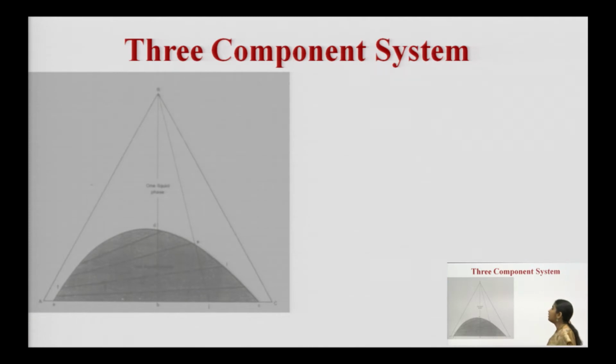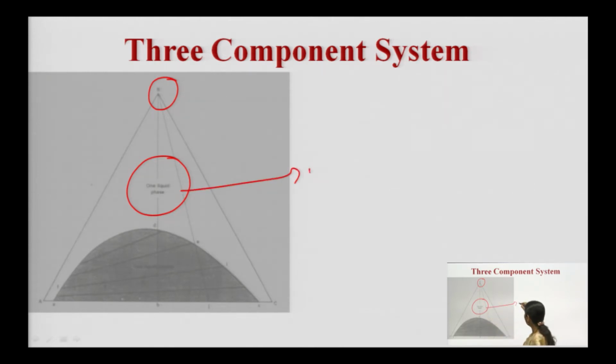Now, we are discussing the 3 component system here. Basically, we started with 2 partially miscible liquids, to which we are adding a third component, that is B, and this B is soluble in both A and C. As it is soluble in both, at a particular concentration of B, it will be able to mix A and C, and these 3 liquids will exist together in one liquid phase.